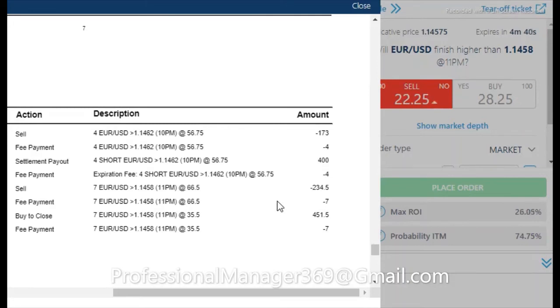Okay, thank you. Just 2 trades we made today, both with 1 hour expirations. We made $450 on a $2000 account. So daily it's possible to make $500 profit with 2 trades. Just 2 trades is enough.